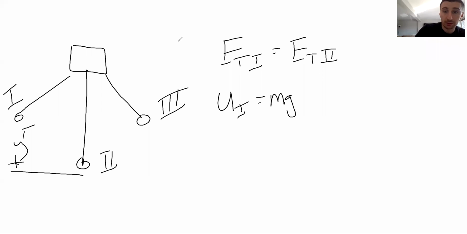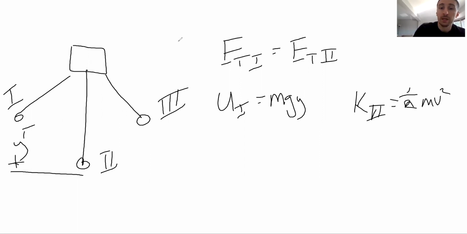So that's my 0 point. At point 2, it's not going to have any height, so it's going to have 0 potential. It's going to have all kinetic, so kinetic at 2 equals 1/2